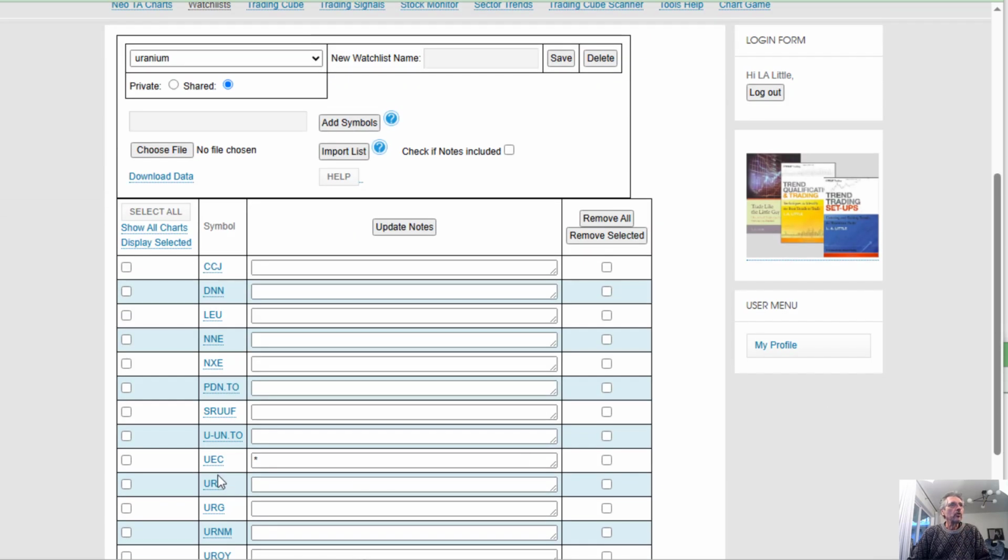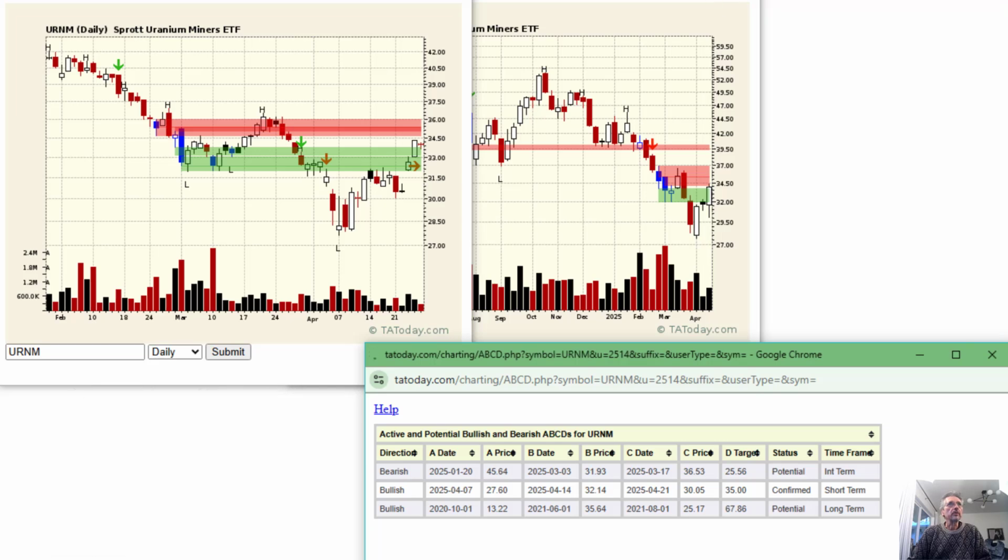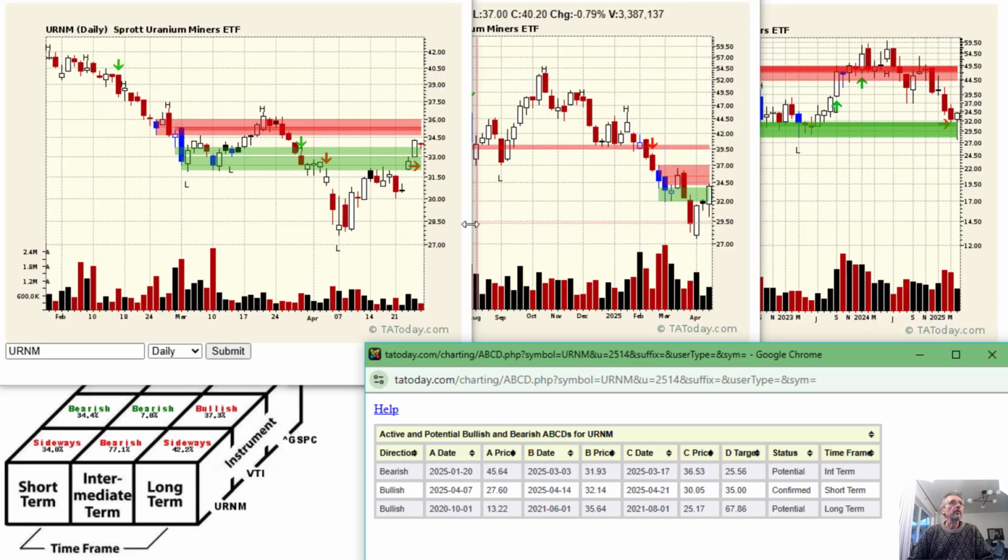Let's start with the URNM, which is the Sprott ETF, which is kind of an amalgamation of all of them. What I want to show you is what you already know, which is that this thing has been on a downtrend for a long time. And now you're starting to get something back to the upside. Anytime you've been in this type of downtrend, a long secular type decline, cyclical or secular, in this case cyclical,